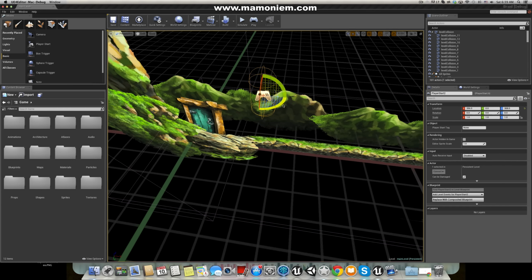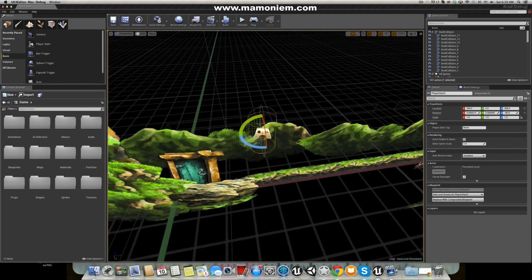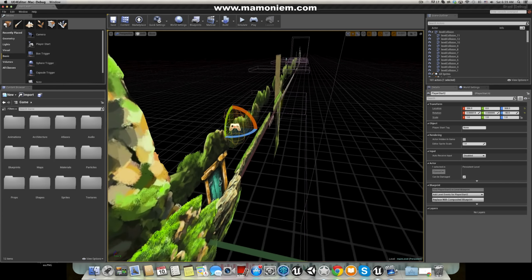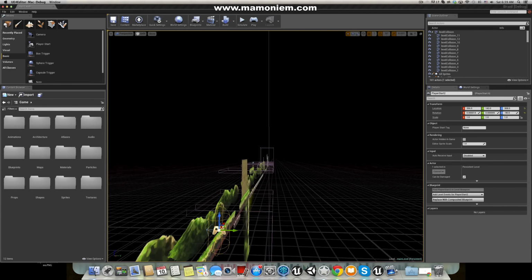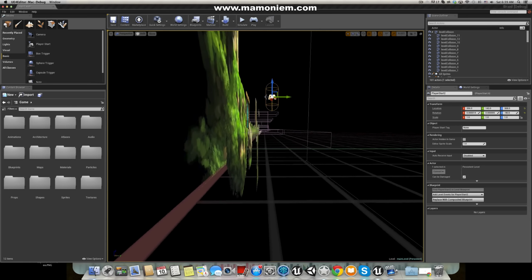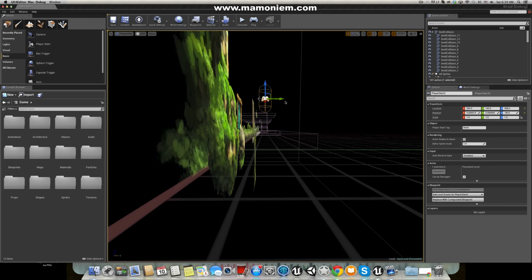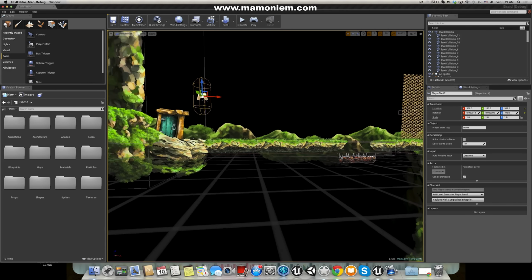For some reason, while testing I found it's easier to make him face this direction, because in the blueprint there's something strange. Anyway, I make sure that he's not going to touch any of these sprites, so maybe here is good, and he should start